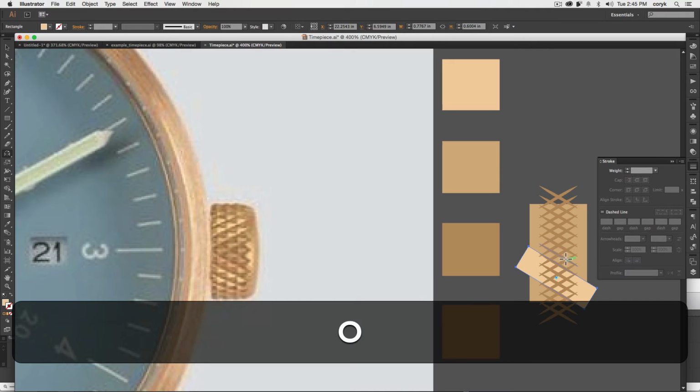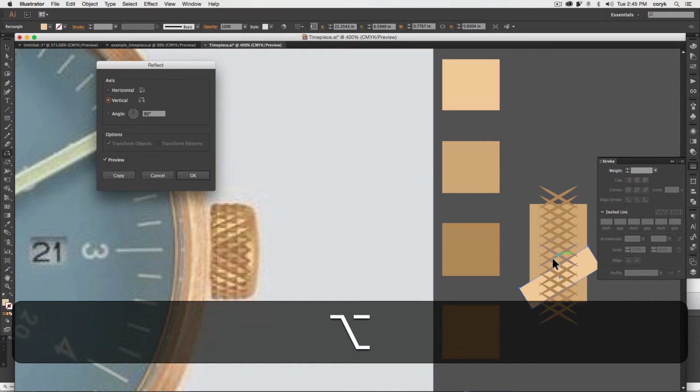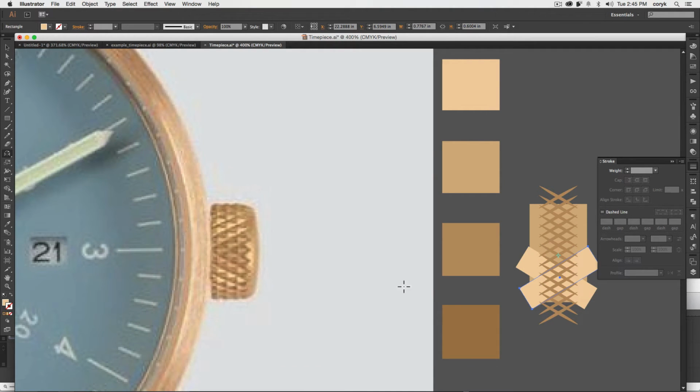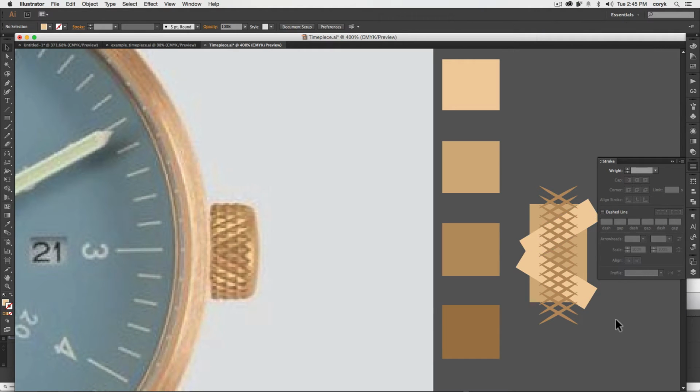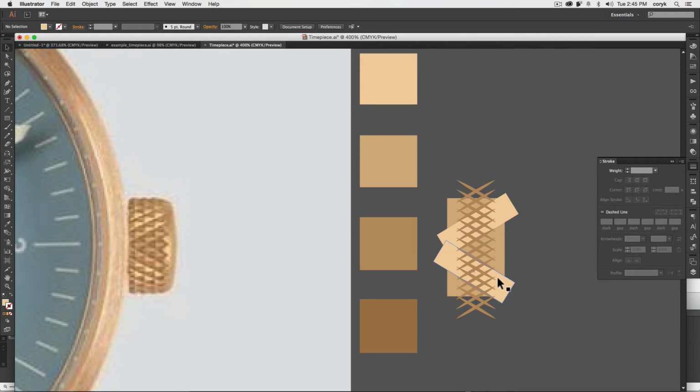Okay, and then I'm going to use my reflect tool by pressing O, and I make a copy of that, and then I use my black arrow tool to drag that up, holding shift while I do that so it constrains the direction that I'm dragging it. And then you get that little V, right? So you see that little V that I'm going for. Now if I mask this,